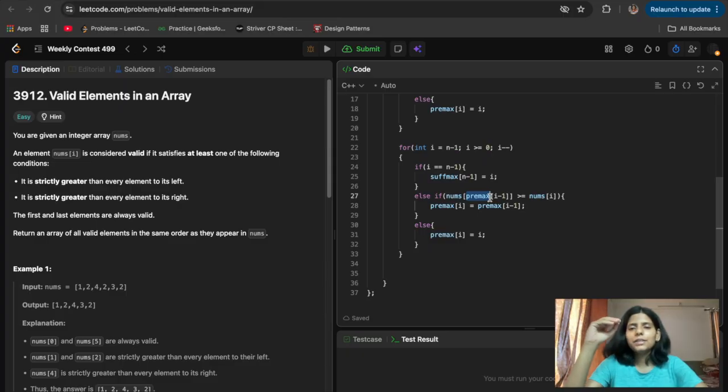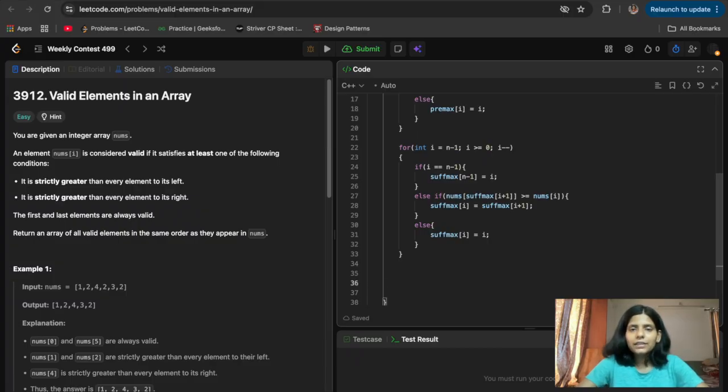As I'm going from the largest index to the smallest index, I will check suffix max at i plus 1. If it is greater than the nums right now, then suffix max will be whichever index I had found previously. Otherwise suffix max at i is equal to i, which means that index is basically greater.